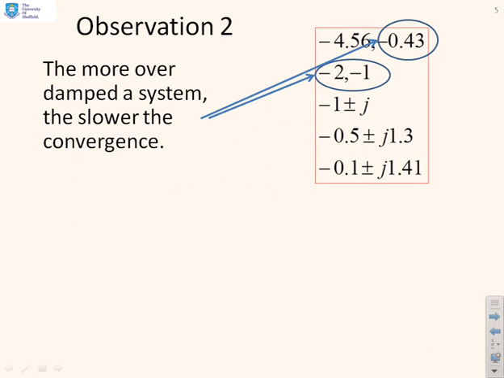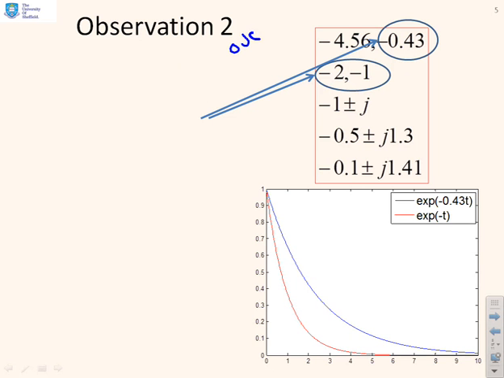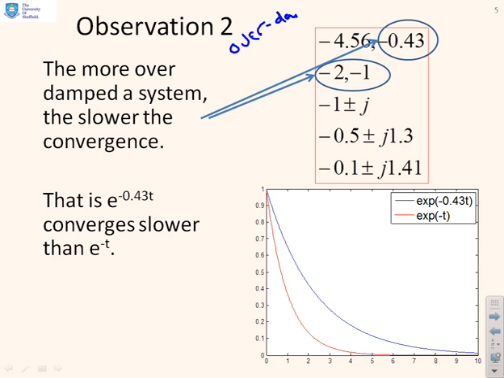What about this example then? Now we're looking at the two systems which were overdamped. So you remember, these ones were overdamped. And we had the one at the top which was very overdamped, widely spaced poles, and the next one which was slightly overdamped. Now what do you notice? The slowest pole for the very overdamped was minus 0.43. The slowest pole for the slightly overdamped was minus 1. So again, you see I've got an e^(-0.43t) here, and an e^(-t) here. And so the key thing is the widely